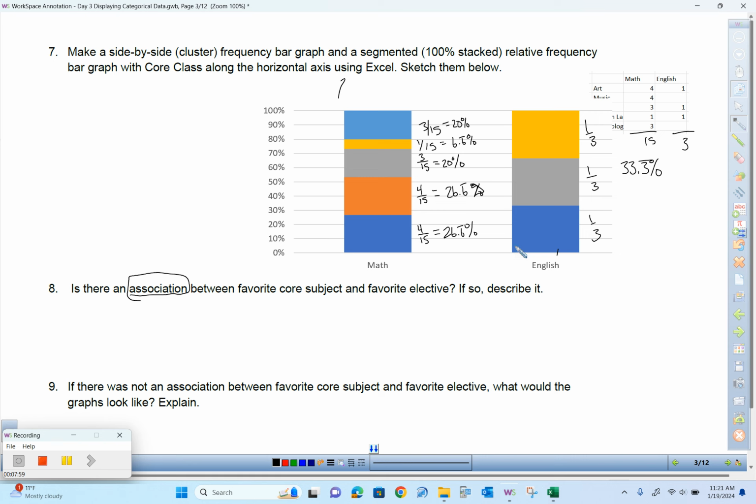So what I want you to do when you're deciding association is you're going to look left to right at the sizes. Okay, so make yourself a little note here: look at proportions between the bars. Okay, so left to right, no association would look the same. Left to right for an association, we see here they are not the same. So yes, and our example here is if we know